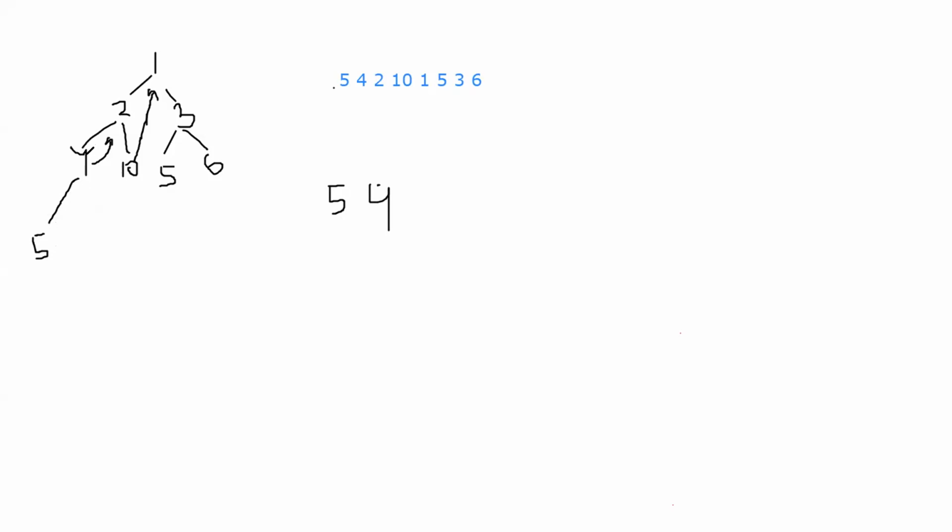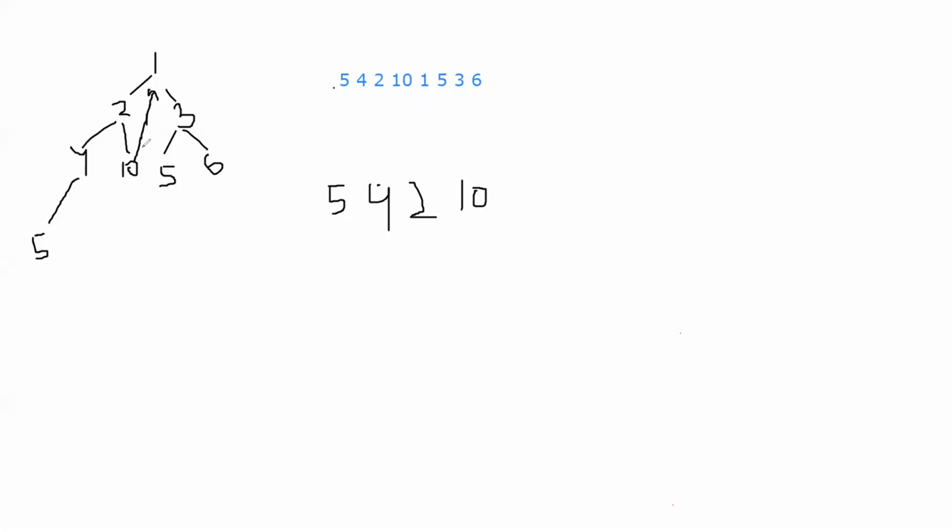Same from 4, I will go towards its right, which is 2. From 2, again I'll come back to 4 and find that the right side of 4 is myself, which is 2. And I can remove this link and print 2 here. So from 2, again I can go towards its right, which is 10. And from 10, if you see there is no left, so I can print 10. From 10, I will go towards